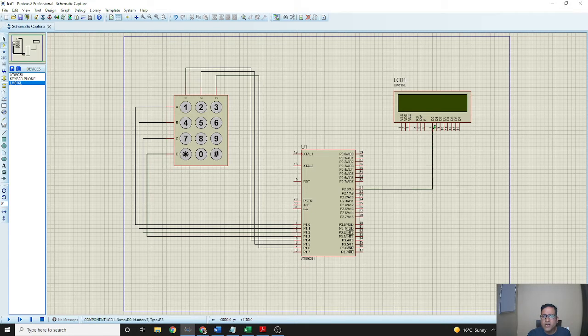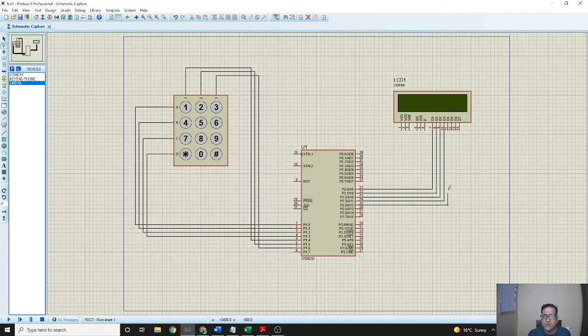D0 of the LCD, which is the 7th pin. Likewise 22nd pin, which is P2.1, to the D1. We will make these connections. Okay. Now next pin, 24th pin to the 10th pin of the LCD.